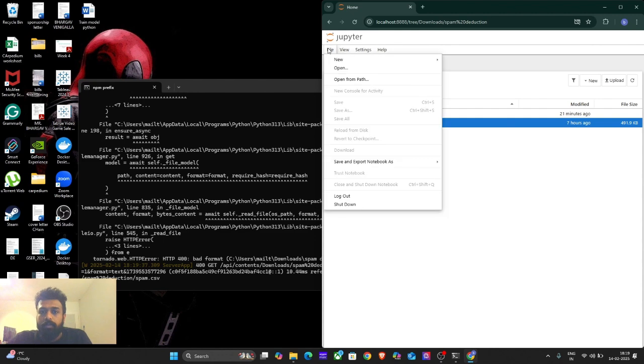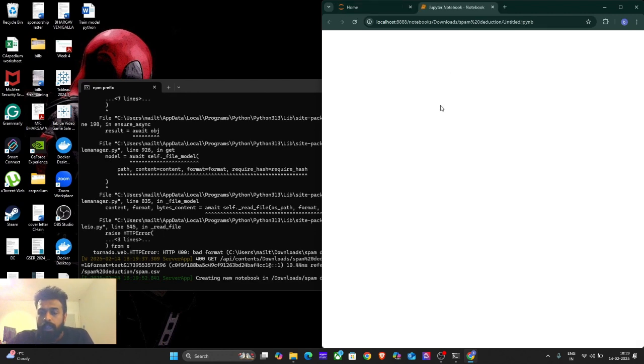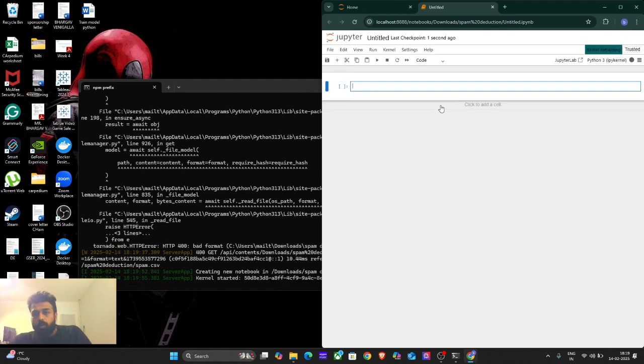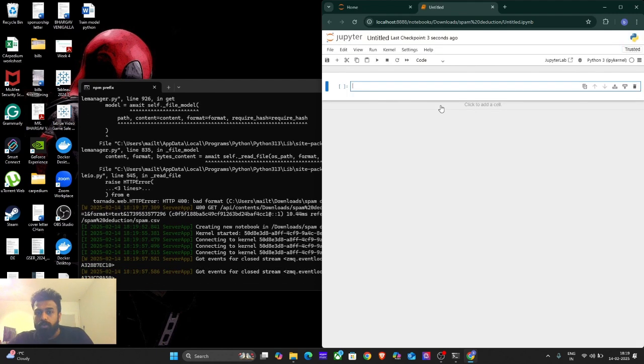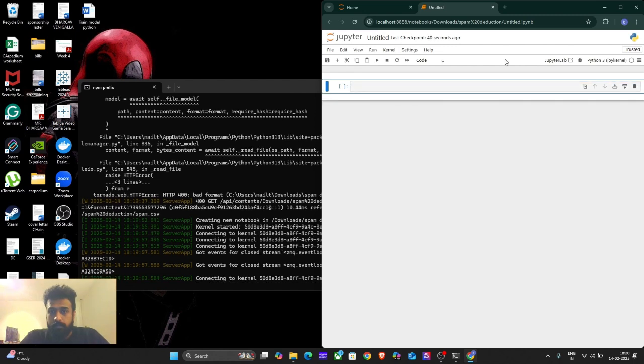So next, we have to go to File, New Notebook, and this is the part where we will be training the model to do the certain things. So now we'll start with the code as to how it has to be done. There are a few commands or basic syntaxes that have to be used when we are doing this. All right, so we'll start with